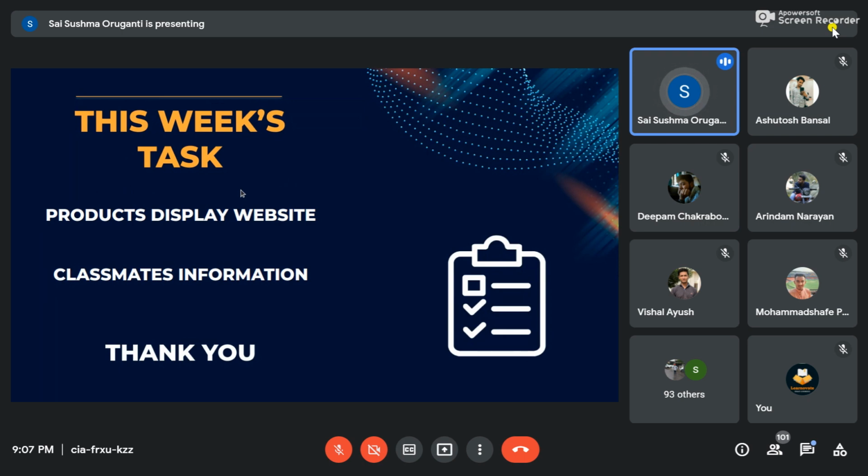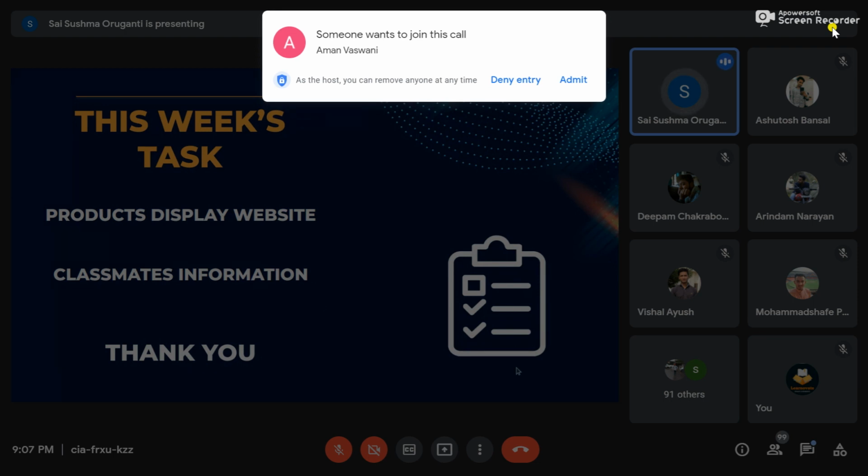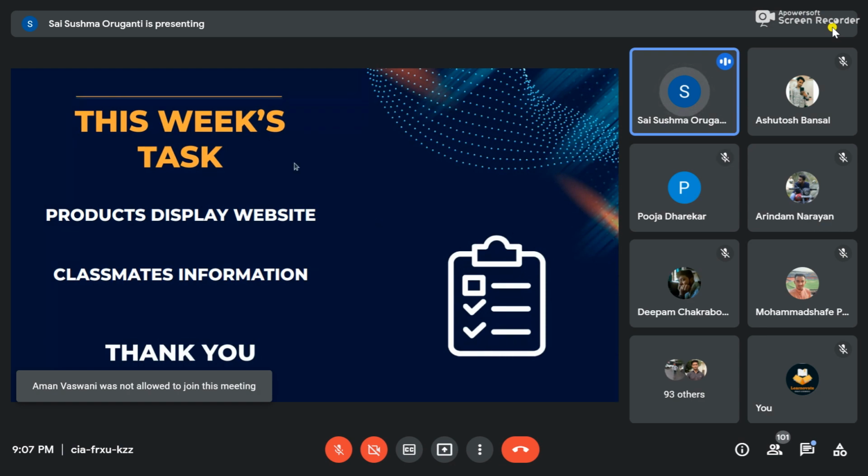You have to develop 2 pages. In the other page you have to write the classmate's portfolio, a basic portfolio like name and one table. You have to use a table mandatorily here, and inside the table there should be the educational information of the particular candidate. And there has to be one back button inside the portfolio. If you click on that back button, it has to redirect again to the first page.